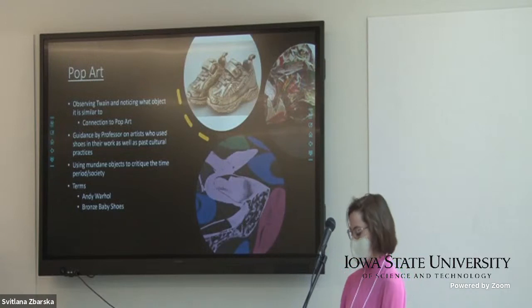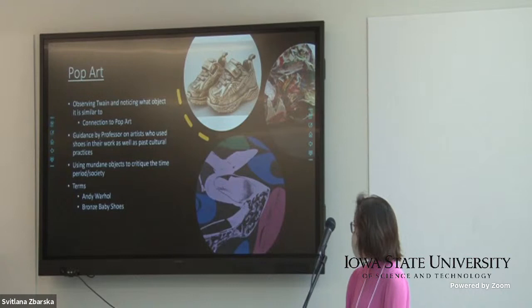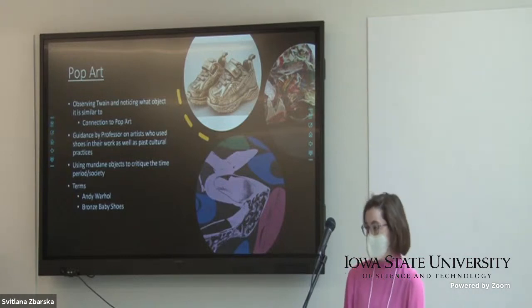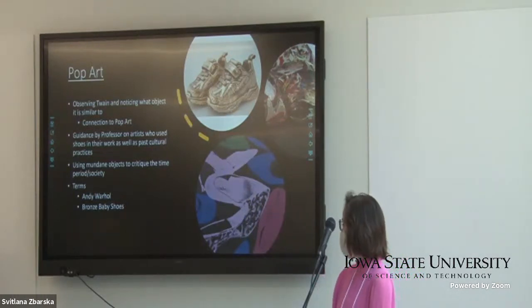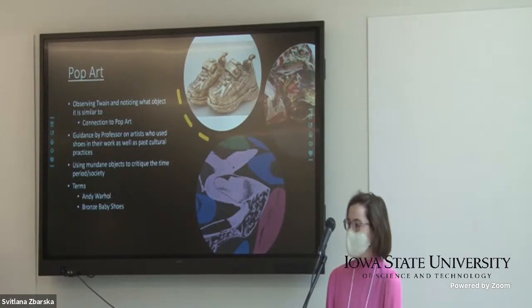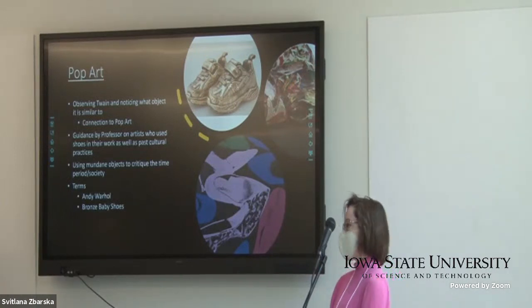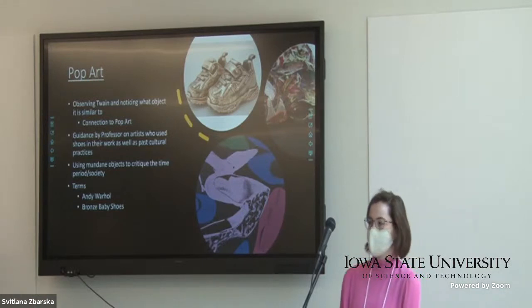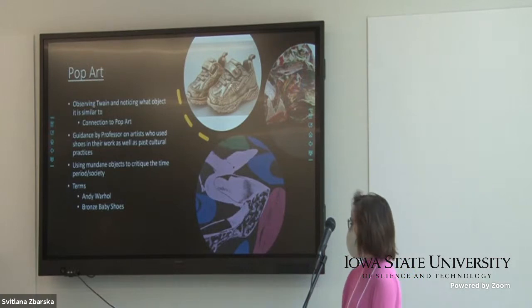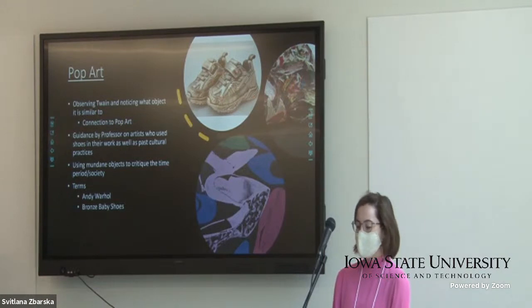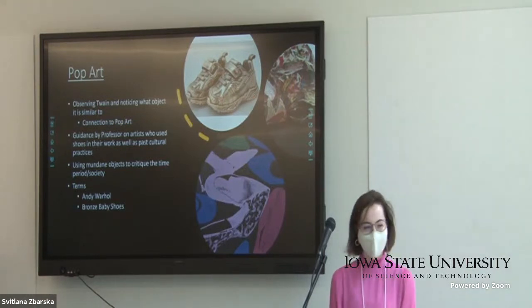Pop art came after abstract expressionism, roughly from the mid-1950s to the 1960s. My professor gave me information on bronze baby shoes, which I did not know about. Mothers would take their child's first shoes and bronze them as a way to commemorate their first steps. However, when looking at Twain, it's a bit larger than baby shoes. It's more the size of a woman's adult shoe. And when first observing Twain in person, the pictures don't do it justice. It looks a bit ratty, for lack of a better term.